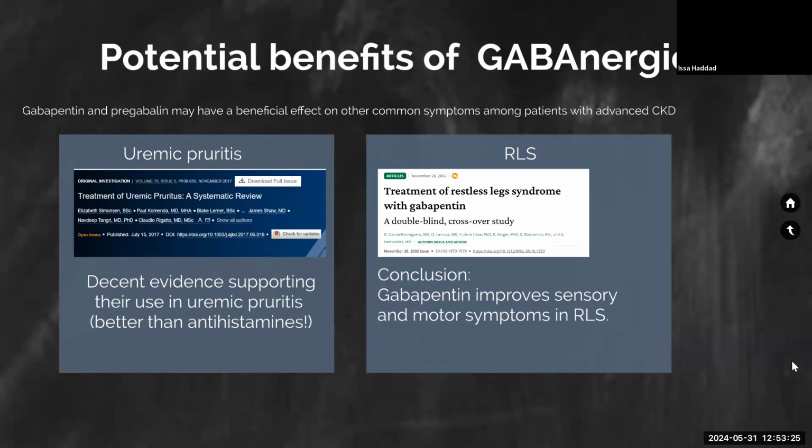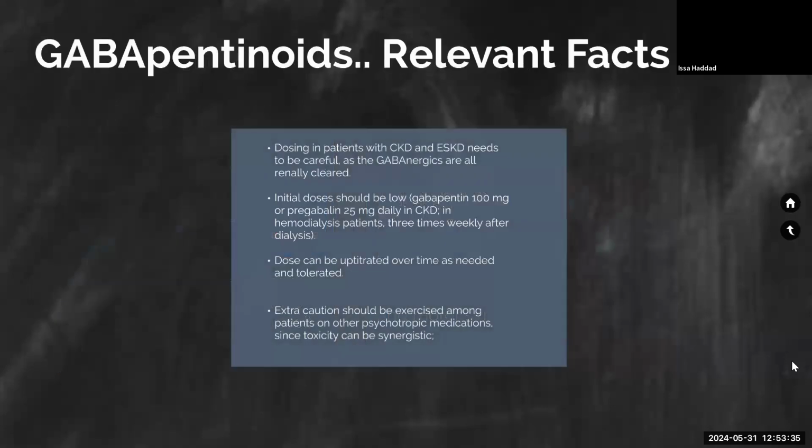And the conclusion of this double-blind crossover study is that gabapentinoids improve sensory and motor symptoms subjectively in restless leg syndrome patients. So this is just to say that dosing needs to be careful when patients are on gabapentinoids. Start low, increase slowly, and use extra caution when patients are on other psychotropic medication,